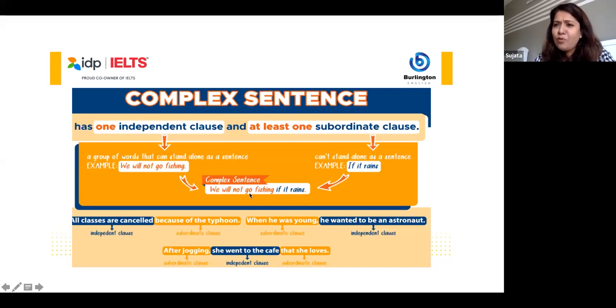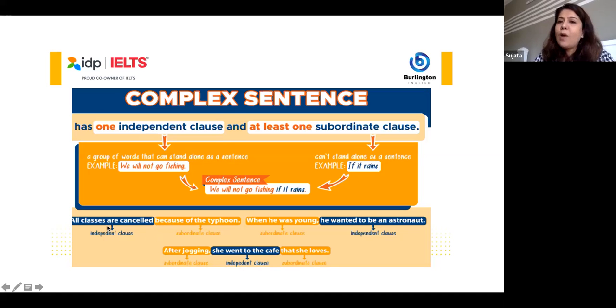Yeah. So of course, it's so logical. There's no fun in fishing if it's raining. Yeah. So this if conditional is a beautiful conditional. It gives you such a good range and a variety because it's not overused in writing scripts. And it's actually another range of structure, which is not so common. So if conditional is a special recommendation from us. Try to master it. Make sure your tenses are correct because that's the common error for if conditional.